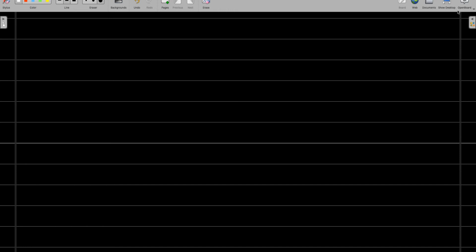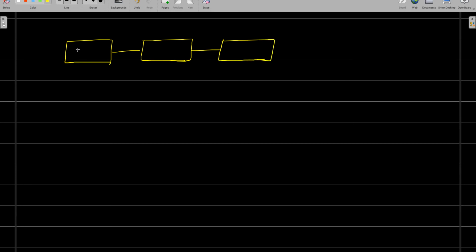So let me construct one linked list and then I will explain how we can do that. So let's say we have one singly linked list which has three nodes connected to each other. Okay, this is the first node which has a data and the address of the second node.